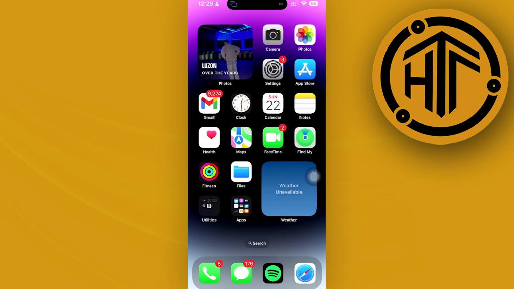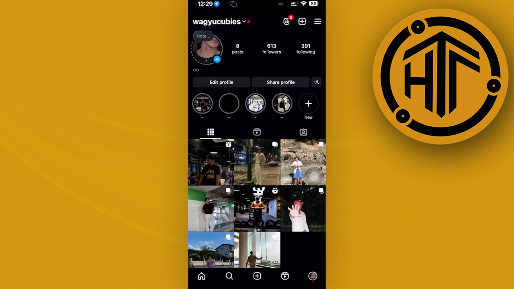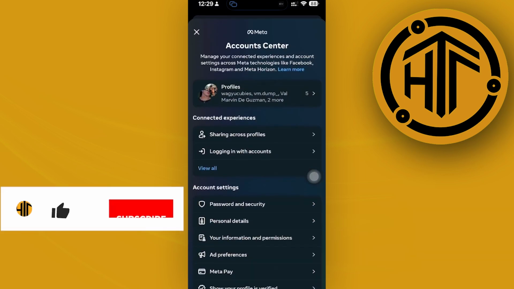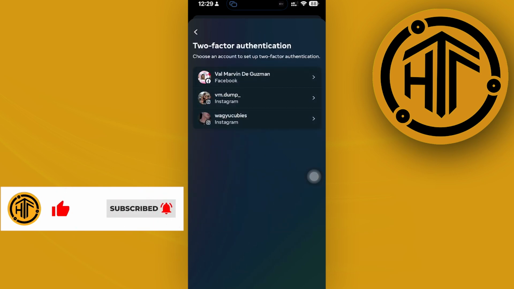all we need to do first is to go on over our Instagram application and then slide to the profile options and then access your three lines icon in the top right corner. So once you're there, I'd like you to go on over on your account center and then tap on password and security. Okay, so once you're already here, let's go on over our two-factor authentication, choose our preferred Instagram account,